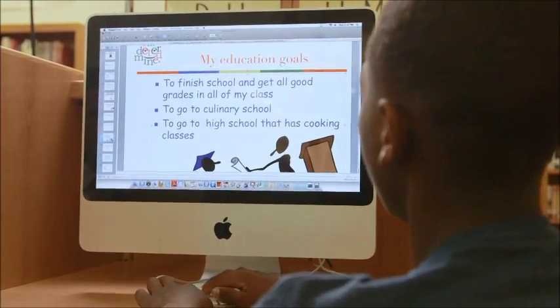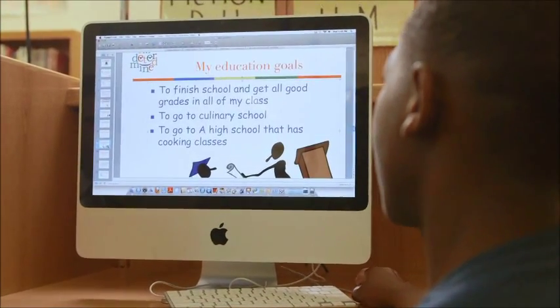Let's talk about a need. What do you need to get to achieve that goal? I would need extra time to read. Yeah, extra time to read. And extra time to finish my work. Definitely. So when you have this in your IEP, and this is why it's so important for us to make this now, your teachers are required by law to provide you these things that you need. So it's pretty cool, right?